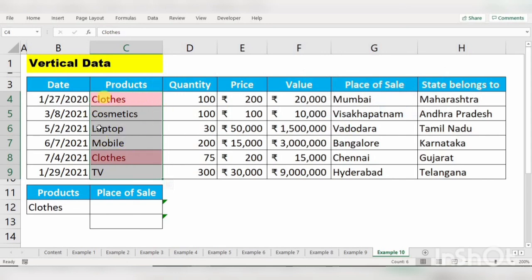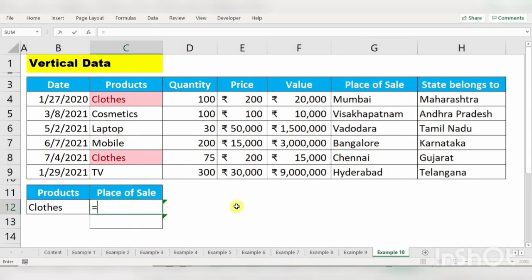Here we have two items of clothes. Under clothes, one place of sale is Mumbai and one place of sale is Chennai. In VLOOKUP, whenever you put a formula, it will give a result of only the first item. But here in XLOOKUP, you can even pull a result of the last item as well.